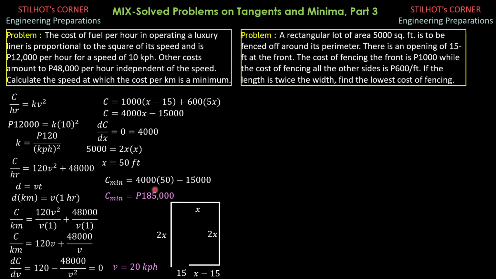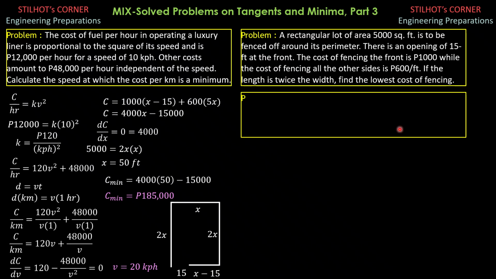The answer may be obtained if we remove this condition that the length is twice the width. Then we would just call this side y and satisfy the area alone, and the answer could have been found from the choices. But in this problem, this is the lowest cost, so that's the minimum value.